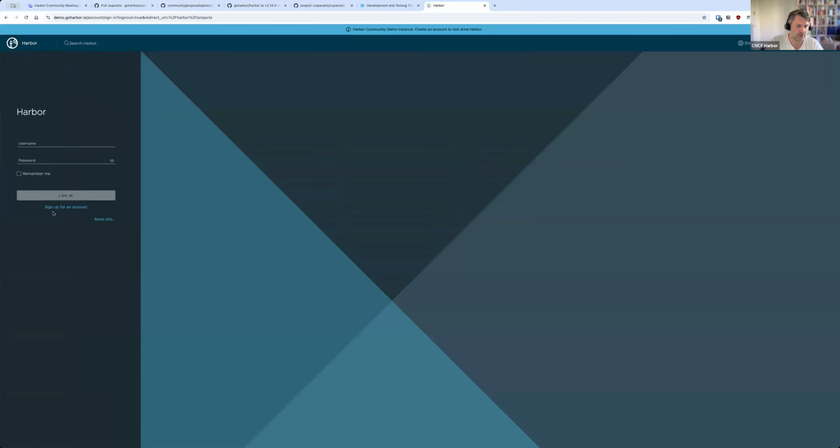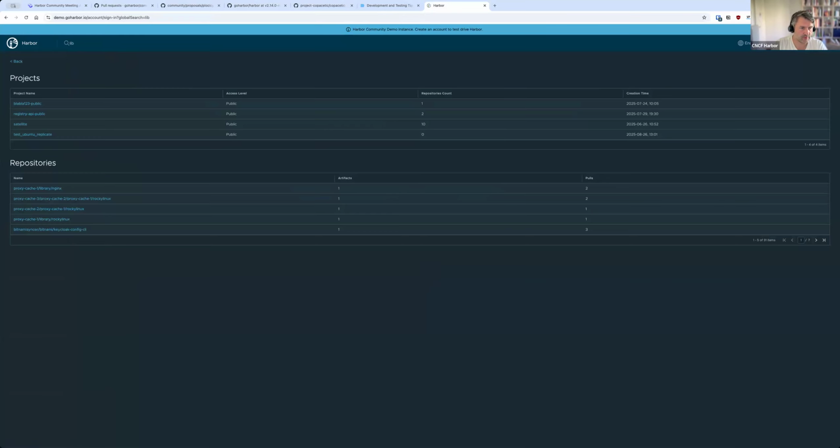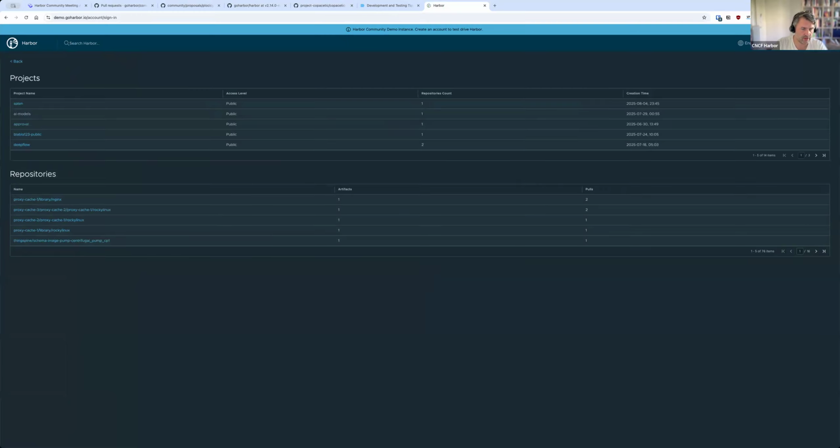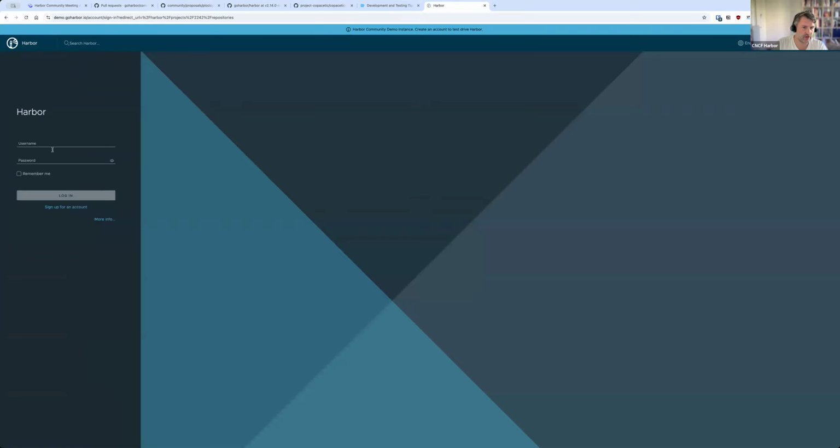So basically, if you're not logged in to Harbor, you can only browse public repositories if you search for them. So there is no listing, there is no browsing, and if you try to browse them, for example, this one is a public repository, you get automatically redirected to the login, and there is no option to browse it. And we created a patch